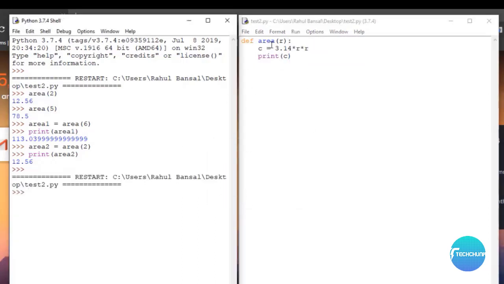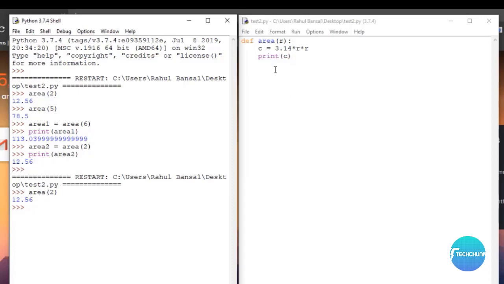If you change any code here, you have to run this module again so that the shell knows what changes are made. Now again, when I call area with any number, it gives me the value. It prints that value.